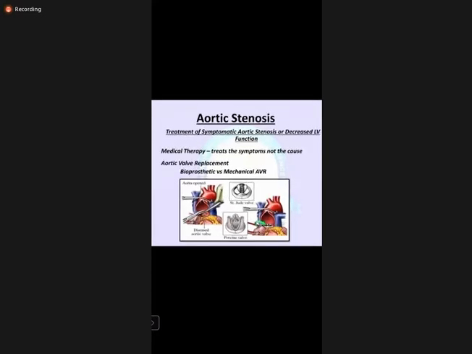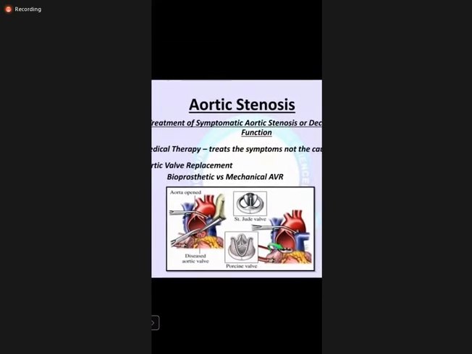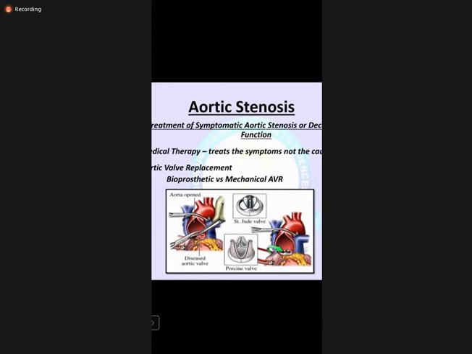So in this picture, here you can see the surgeon has already opened the aorta and the aortic valve has been excised. On the right side, you can see the already implanted aortic valve in position, and there are two types of prosthetic valve. One is the tissue valve and the other is the mechanical valve, which is also called a metallic valve.